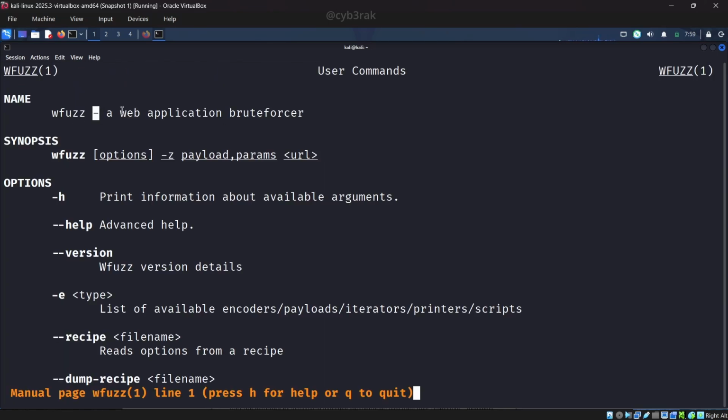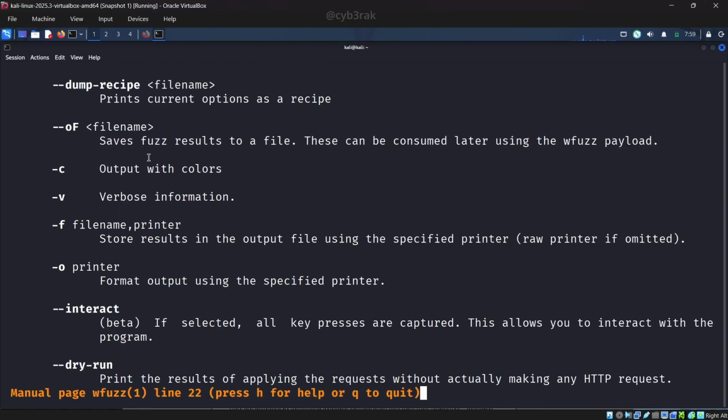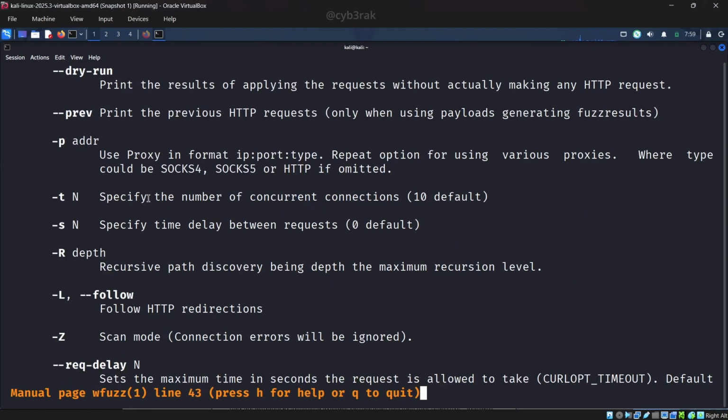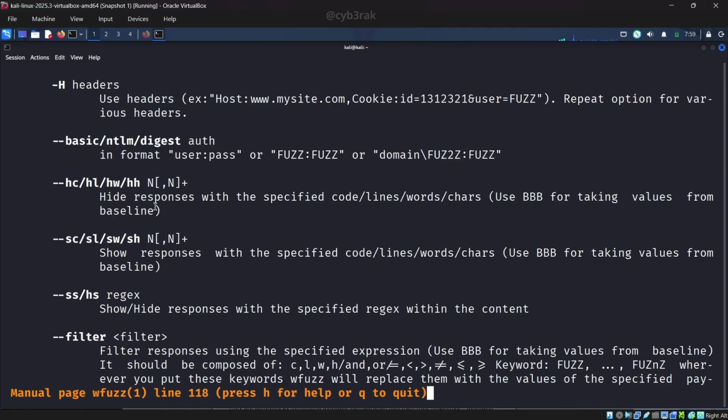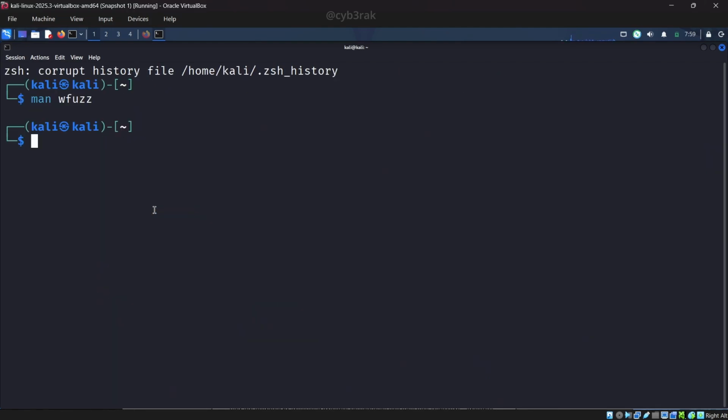This is basically a web application brute forcer tool which you can use to find hidden directories and hidden parameters in websites. I'm not going too deep into these tools. I'm just going to demonstrate the basic usage only in this video. Okay, so this is the first tool, and the next tool that we are going to explore in this video